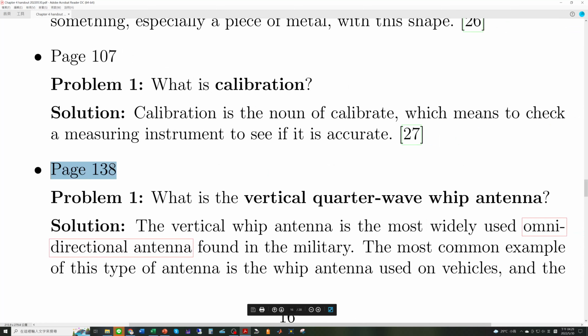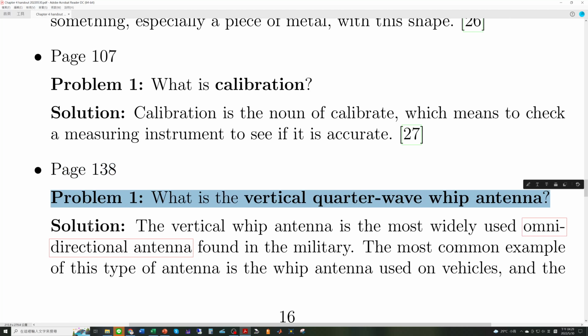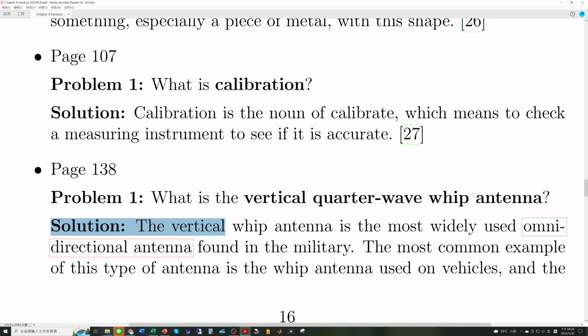So page 138, problem 1. What is the vertical quarter wave whip antenna? Solution. The vertical whip antenna is the most widely used omnidirectional antenna. We will explain what is an omnidirectional antenna later. Found in the military. The most common example of this type of antenna is the whip antenna used on vehicles